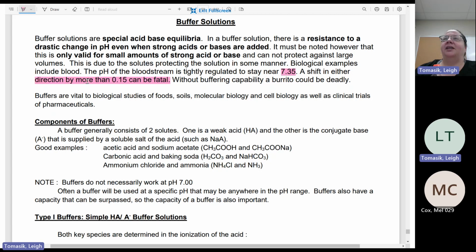So blood pH is one of those things that is monitored very carefully in patients who have certain conditions, especially probably the most important organ for keeping the pH of your blood constant is your kidney,